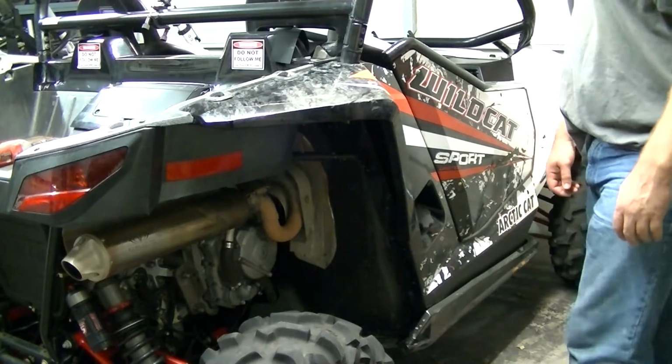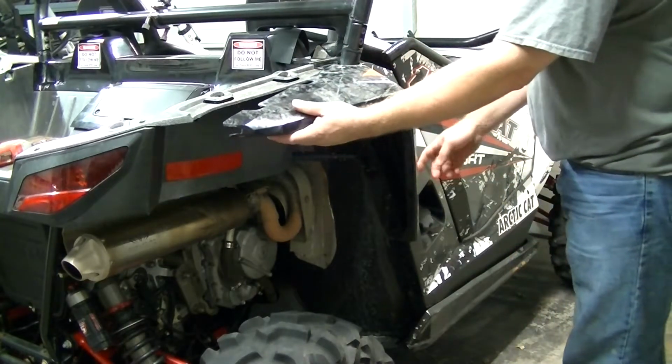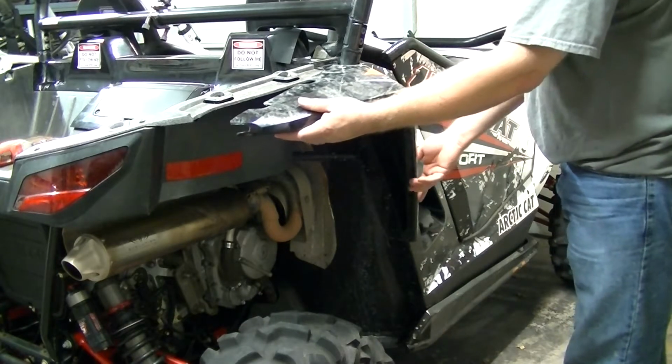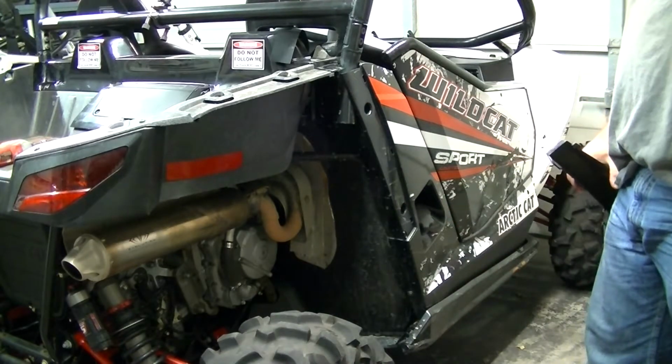To actually pull the fender off, just pull it from the back, slide it out from the bed. There's a couple of tabs that mount and hook the fender into the plastic piece in front of it. So you just pull it out and then lift away, the fender will just come off. So then all we have to do is go do that to the other side, and we can move on